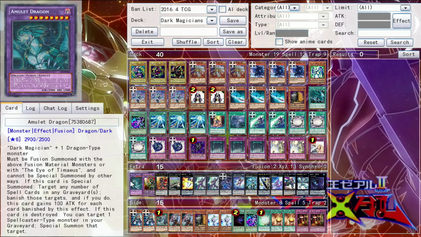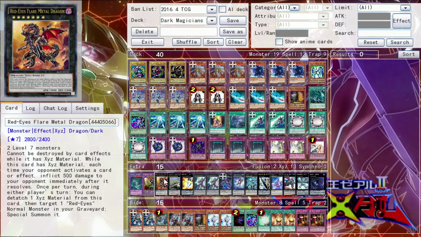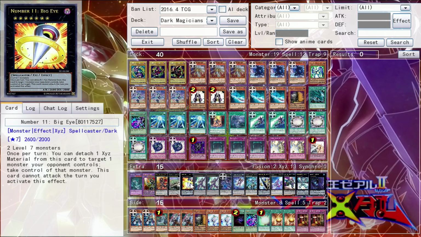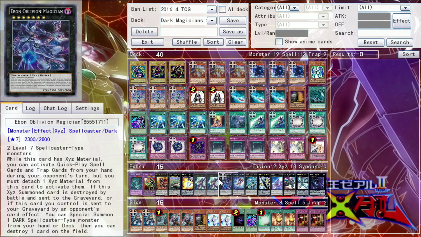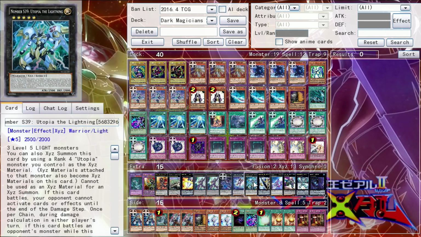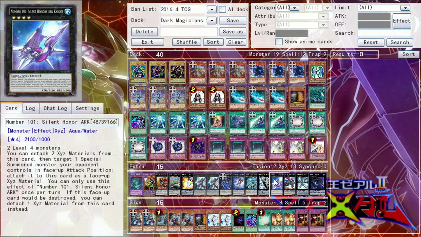Next, okay, for Master Deck, Emerald Dragon, Dark Paladin, Dark Edoedi's Flame Dragon, Mega Dracosac, Big Eye, 2 Airborne Illusion Magicians, which that's a staple in the SYG deck. Airborne Oblivion Magician, number 7 Lucky Strike. This is more of a fun card than anything. So it's like I have it in there just because I love the Vic use it. Utopia Lightning and a Utopia, Silent Arc,